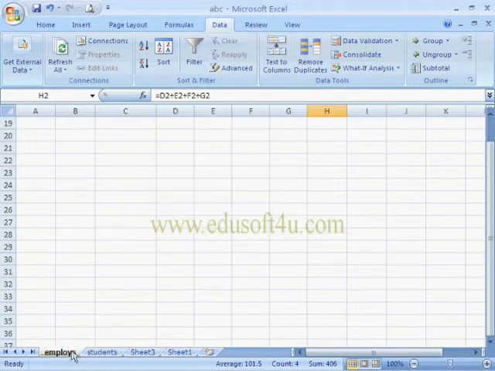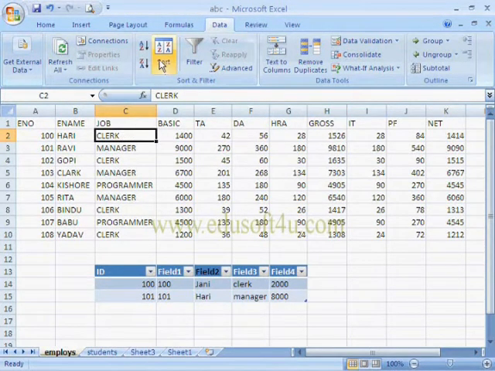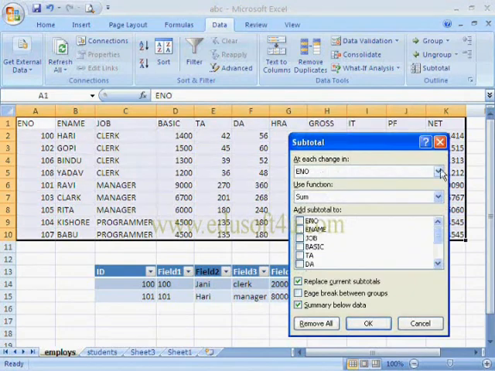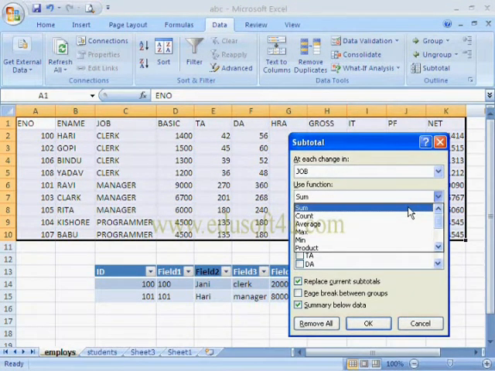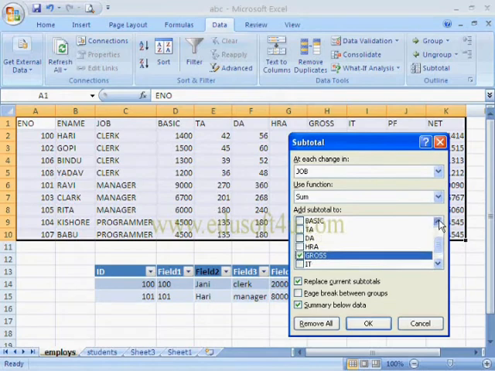For example, in employees data, if we want to show subtotals separately for clerks, managers and programmers, first we have to sort the data and then select Subtotal. Here I am selecting Job, function is Sum, and next we have to select the fields for which we want to calculate the subtotals.